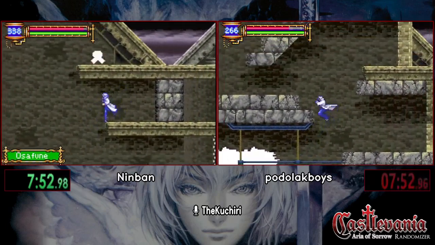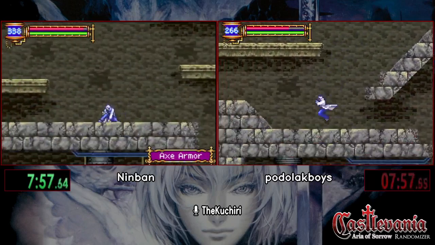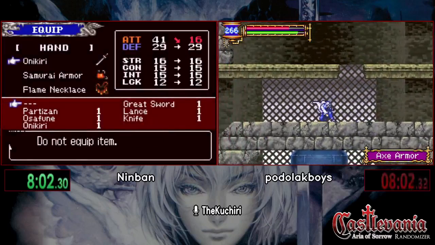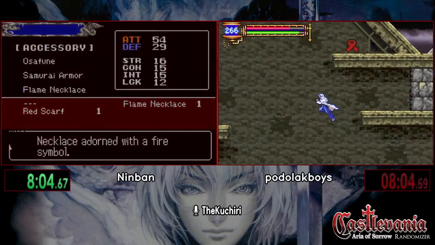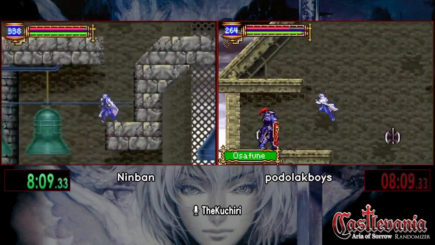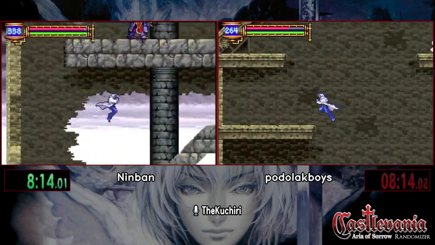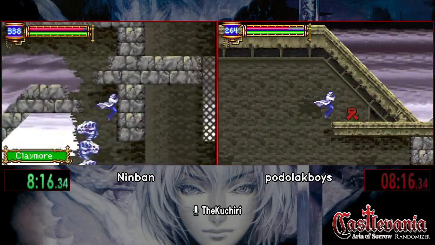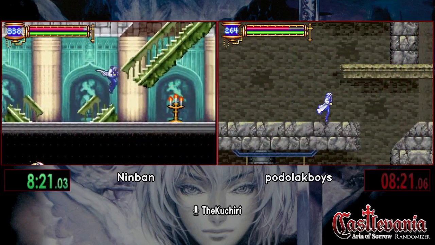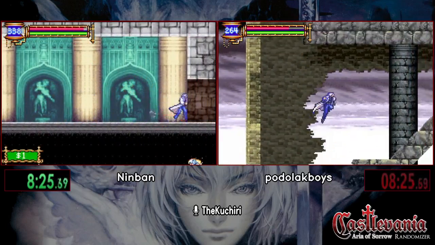Alright, Asafune. Ninban really wants that scarf. You can't quite get that scarf, Ninban. Ooh, actually, oh, I've never seen that before. That was a very nice backdash into a double jump. Yeah, I never get the backdash in my run, so...